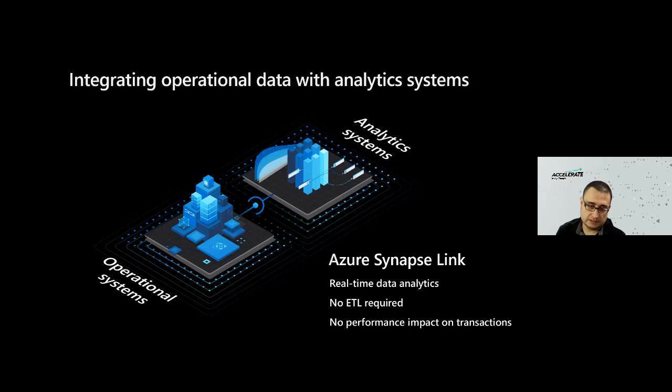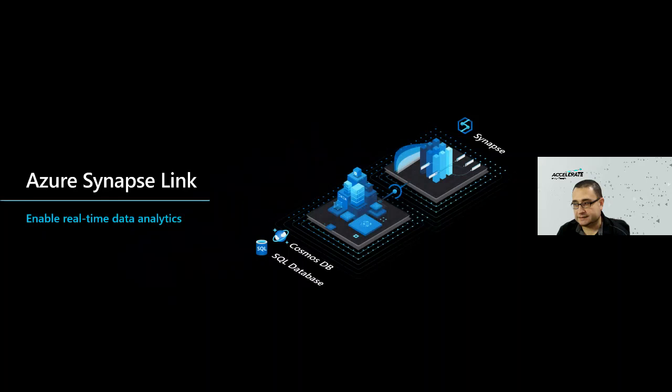Or I'll say, in less than 90 seconds, be able to understand what's happening now in those transactional systems that in most cases might be legacy systems, and you can have that right away in your Synapse Analytics solutions. So that is a very important feature that is now available in Azure Synapse. Right now it's only available with Cosmos DB, but Azure SQL Database and some of these MariaDB, Postgres, SQL databases are going to be supported in this Azure Synapse Link capability.